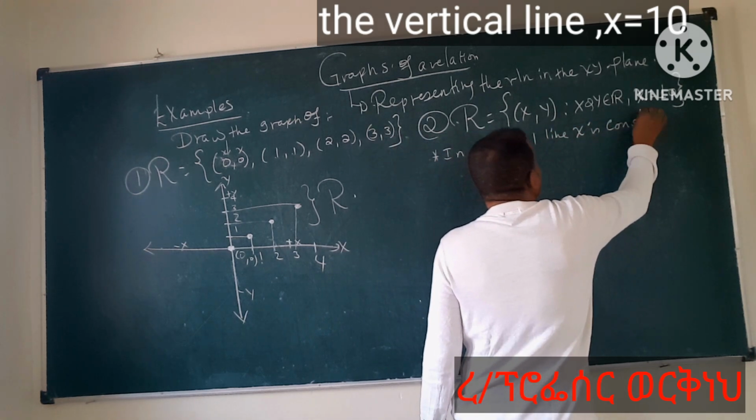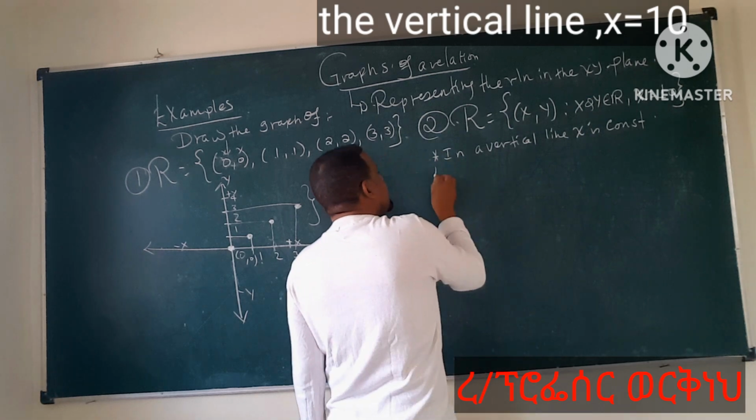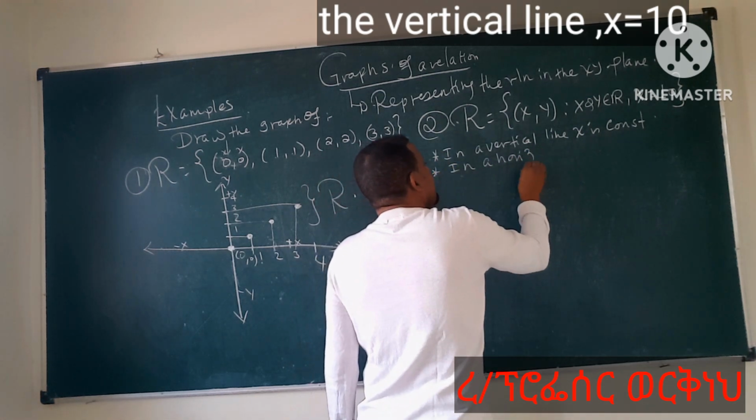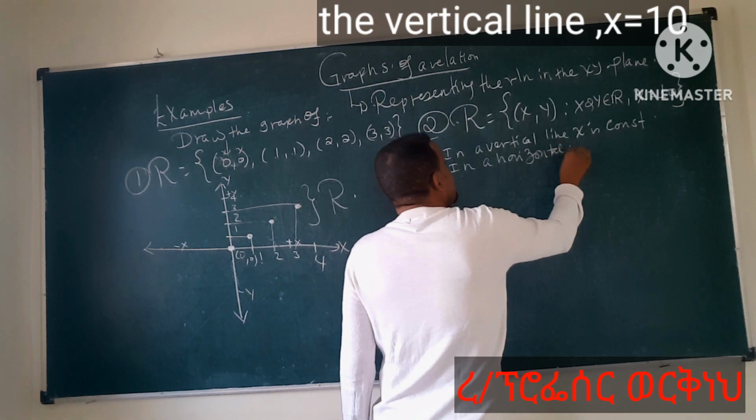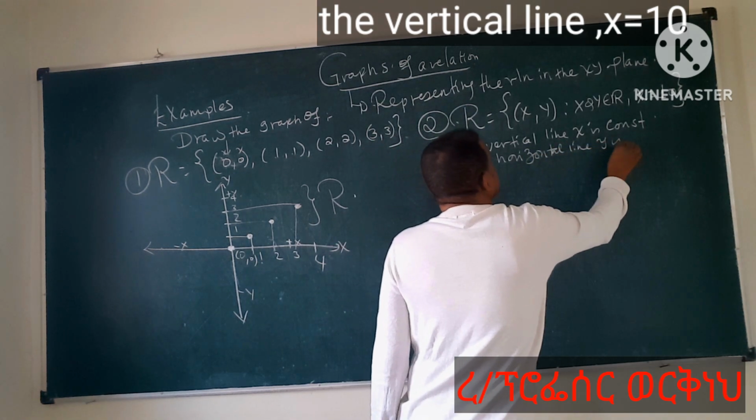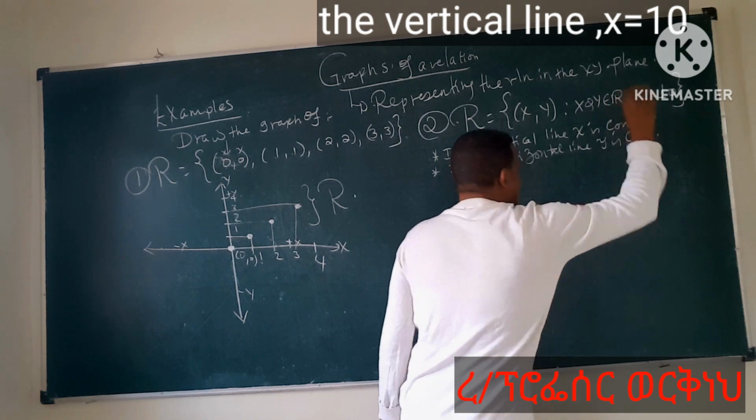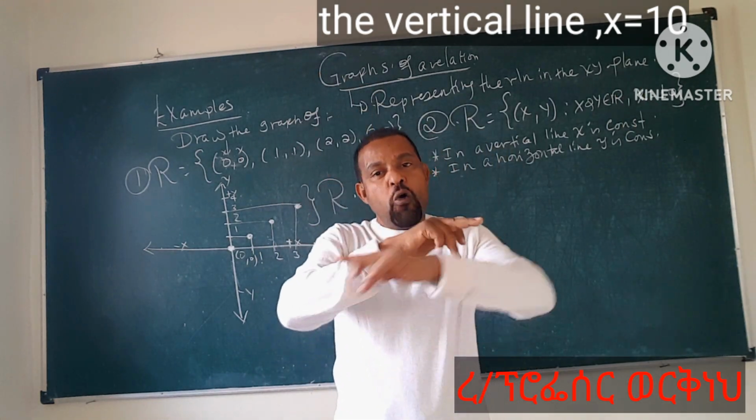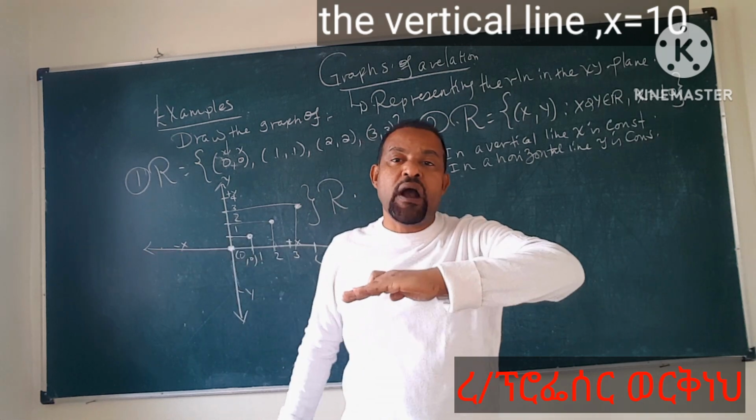The value of x is constant, I carry. And in a horizontal line, okay? In a horizontal line, y is what? Constant. Y I carry. ስለዚህ vertical line ላይ ሁሌም የx ዋጋ ኮንስታንት ነው። horizontal line ላይ ሁሌም የy ዋጋ ኮንስታንት